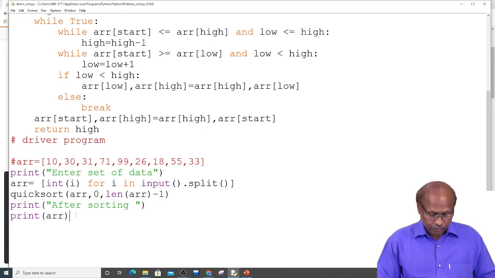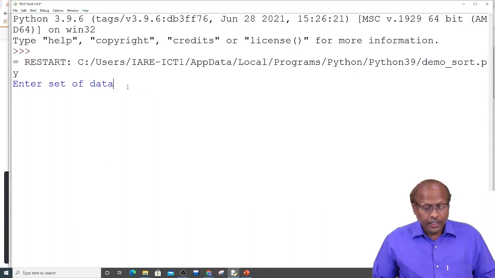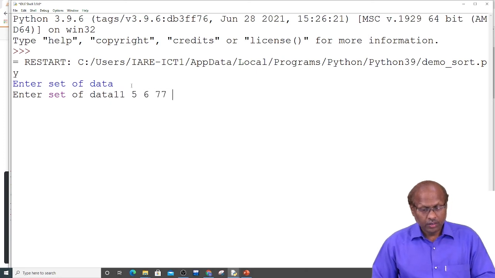Now I can enter any number of data. Enter the set of data.